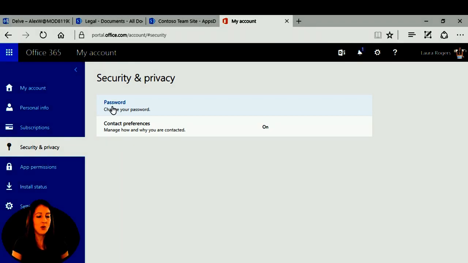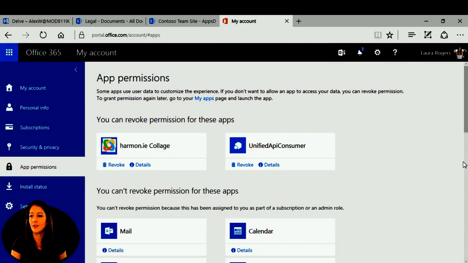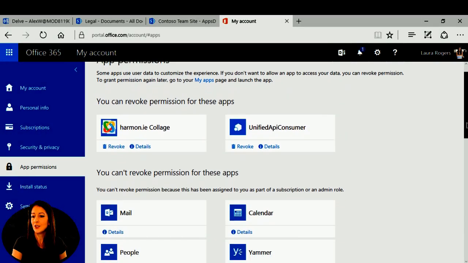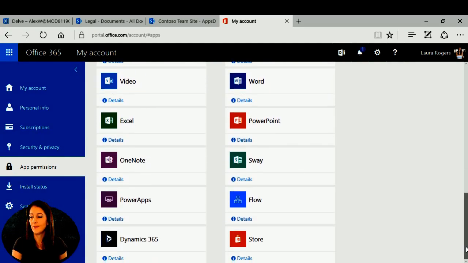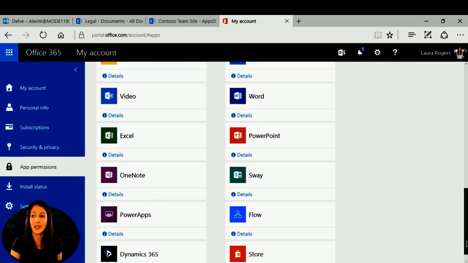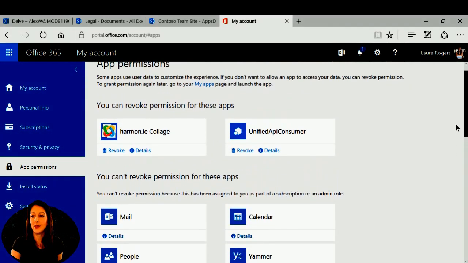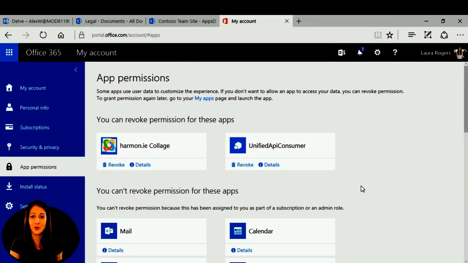Okay, so I've got app permissions. Some apps use user data to customize the experience. So if I started using something like Find Time as an app, it would say Find Time needs permissions to your calendar. You can see that I've been using this third-party product, Harmony Collage, which I'm in the middle of writing